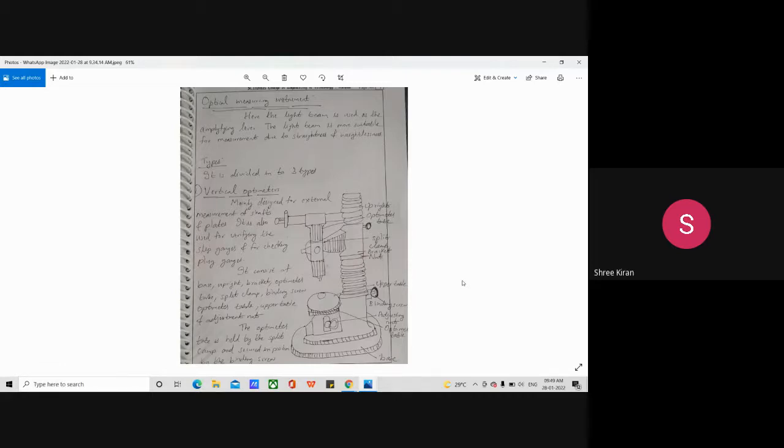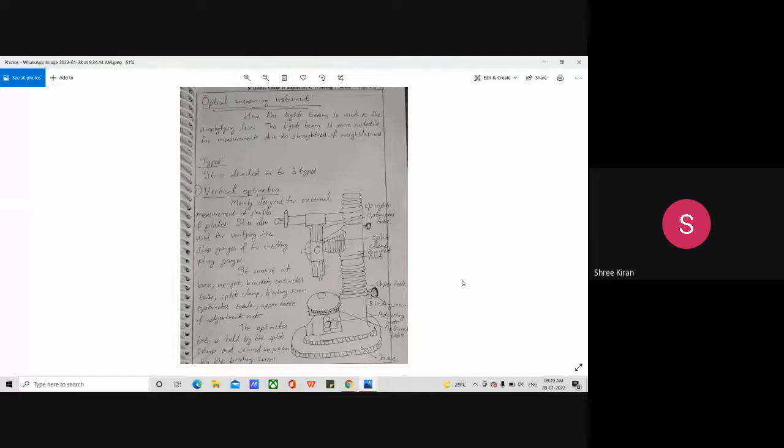Rahul, did you write this? Yes, sir. So the first one was what? The following essential features. The first one was what? A light source. Yes, the first one was a light source. Everyone, please note it down.